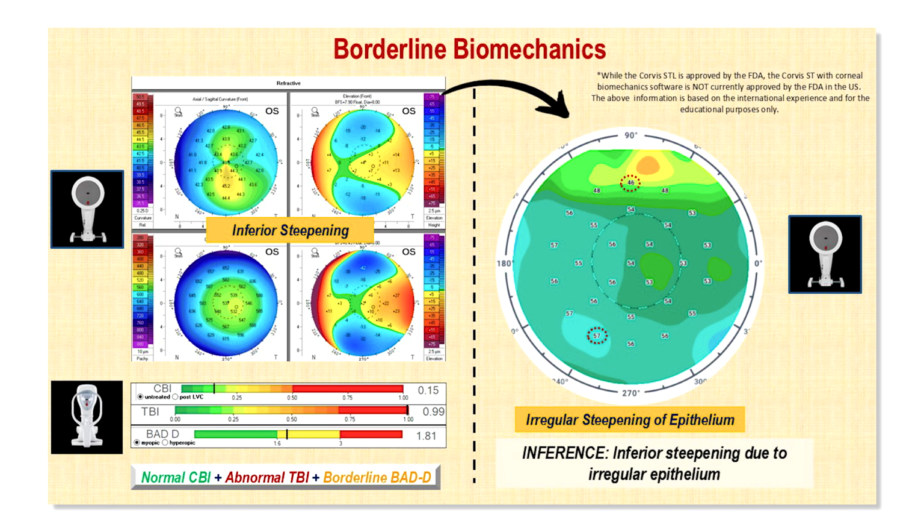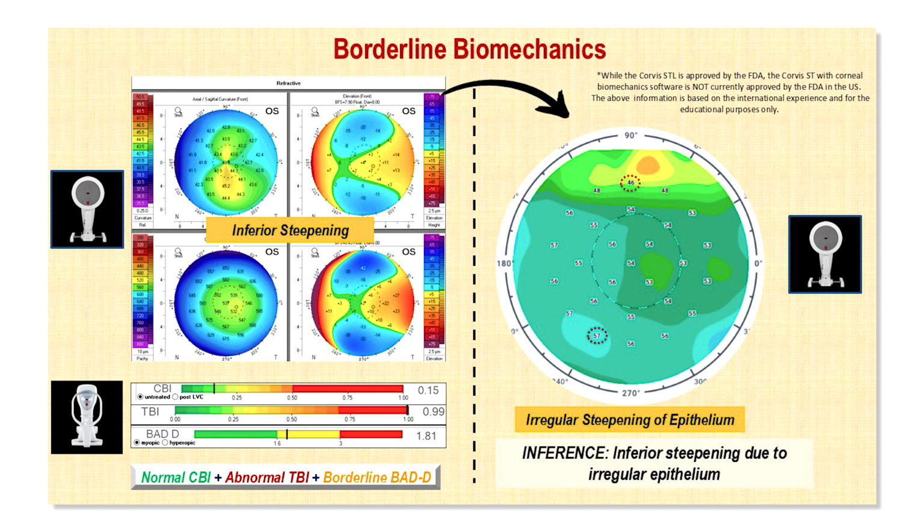So we started looking at the epithelium, and you have to be mindful of the colors here. Usually the traditional mindset is that blue or anything below that is thin, whereas yellow or red is thick, which is not the case here. The warmer means better, the bluer means it's on the worse side. And here the blue color is actually a thickened epithelium, which is 57 compared to the periphery, which is 46. So you actually see there is an inferior steepening of the epithelium present.